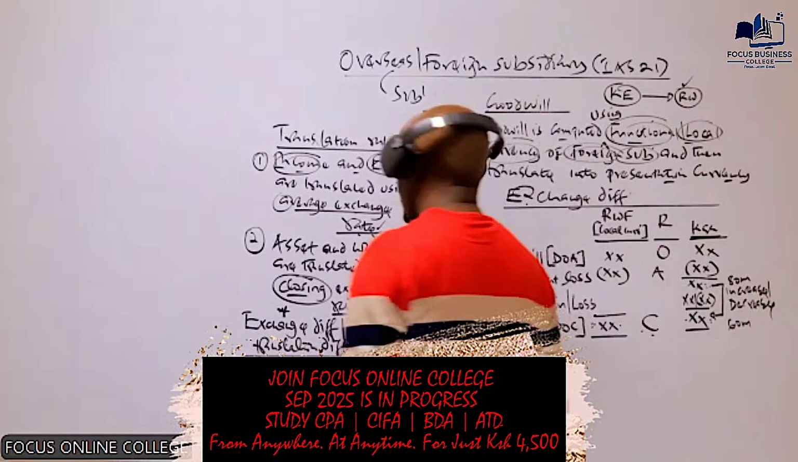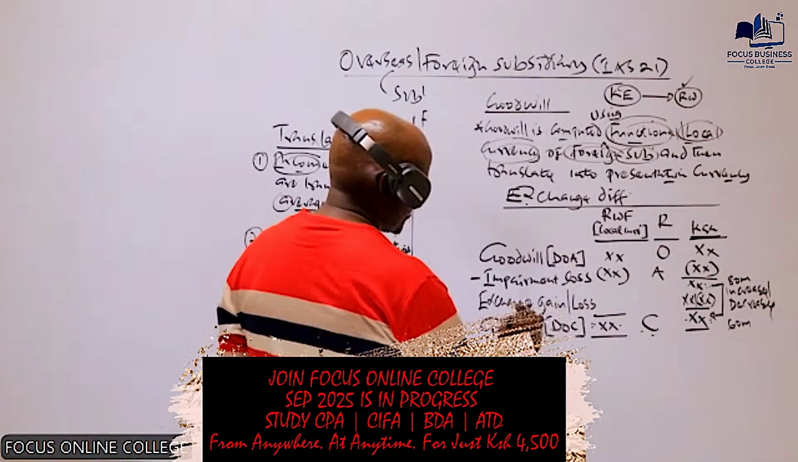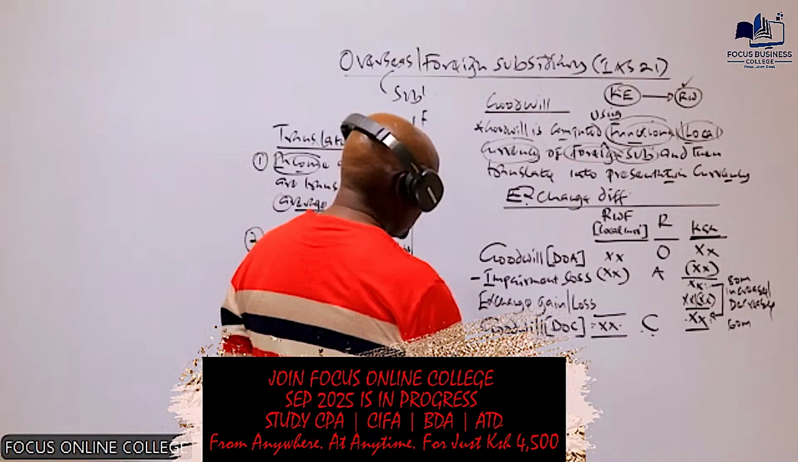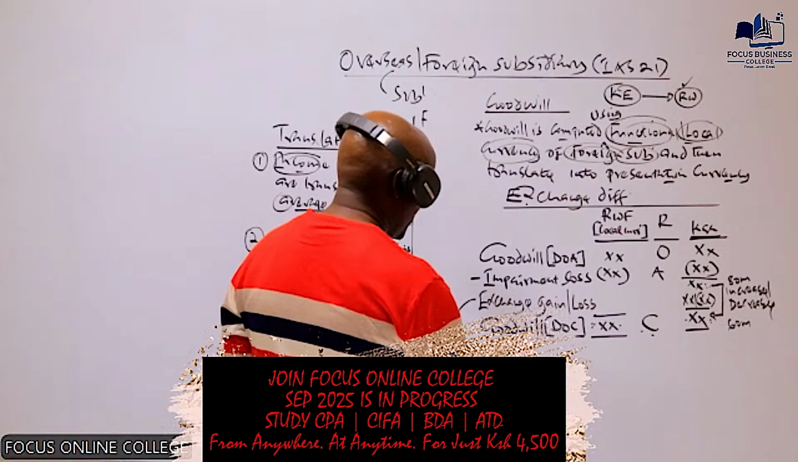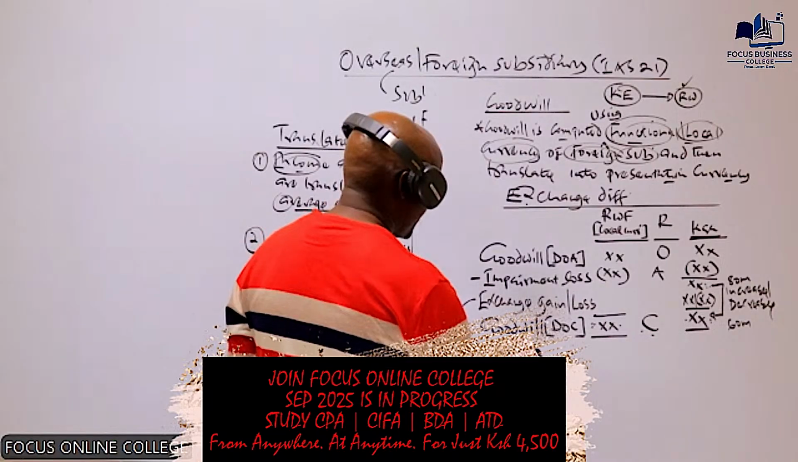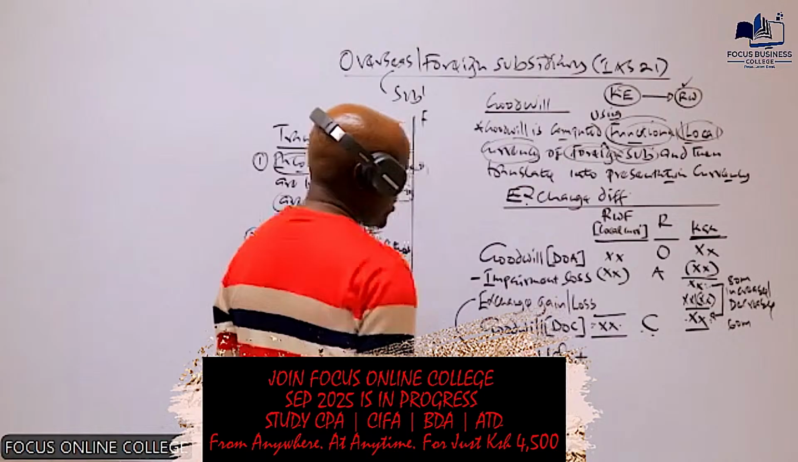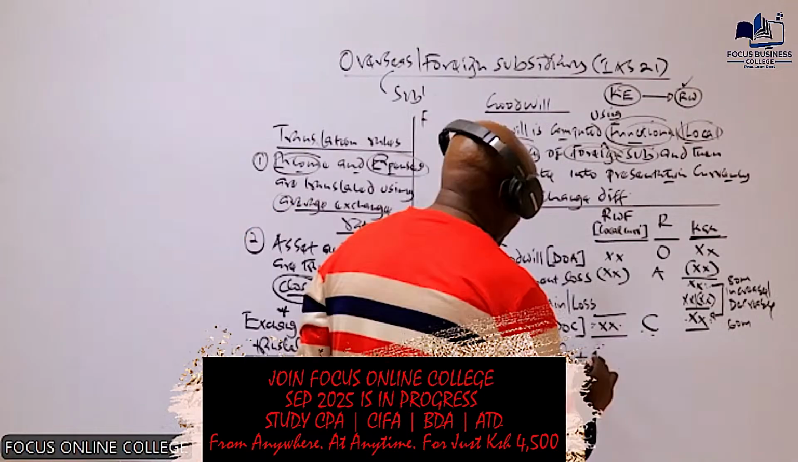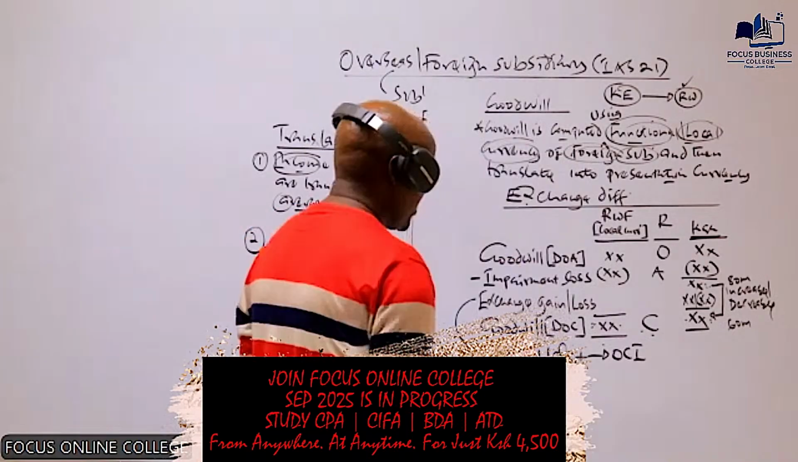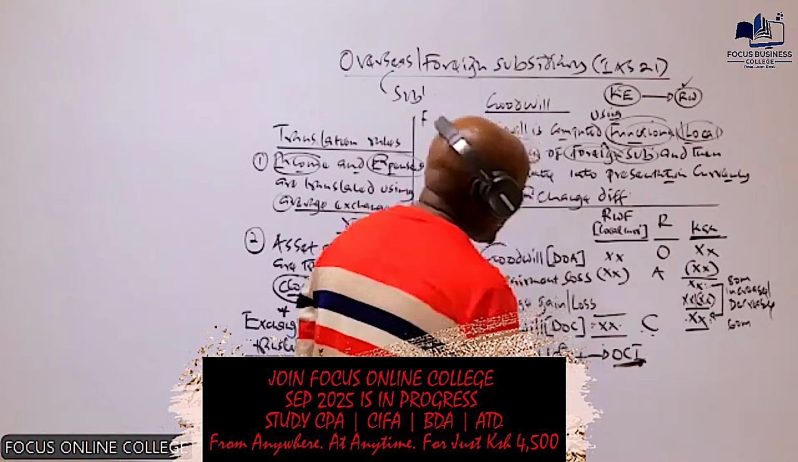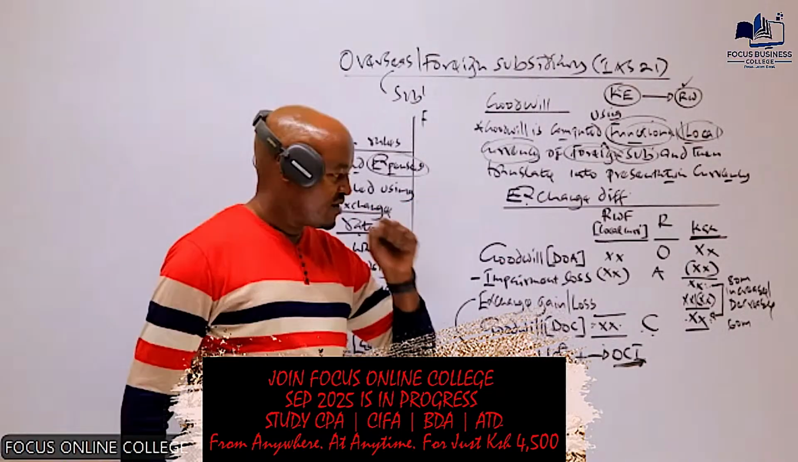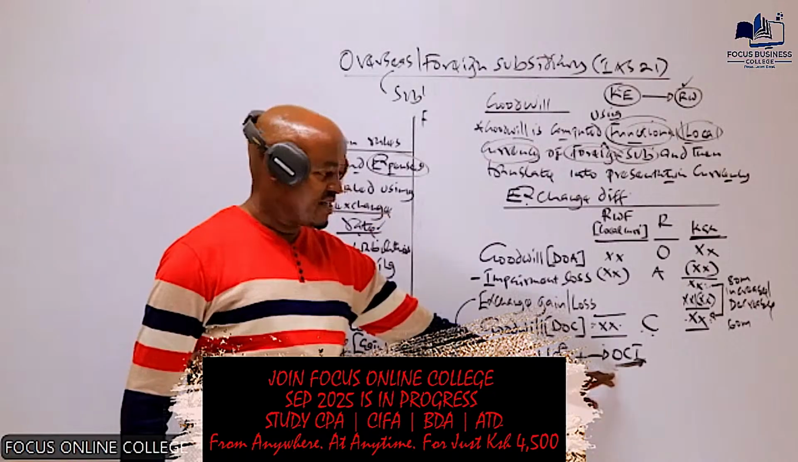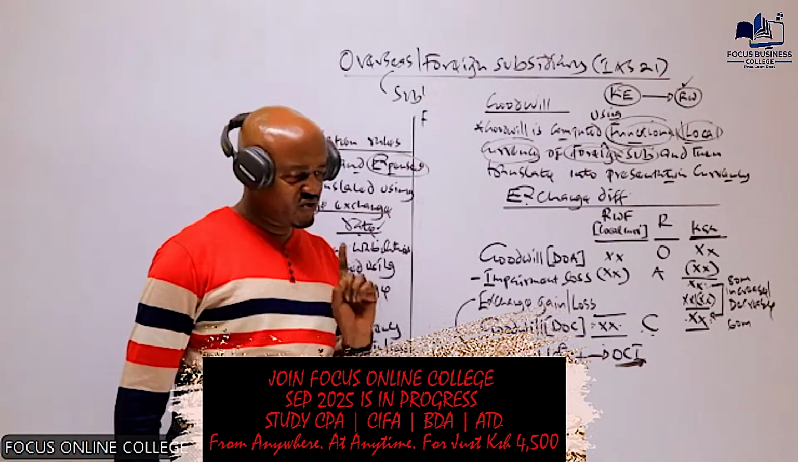Now, this exchange gain or loss will be recognized in the consolidated income statement as part of other comprehensive income. So we know other comprehensive income. We add this to the gross profit. Not to the gross profit, sorry. We add this to the